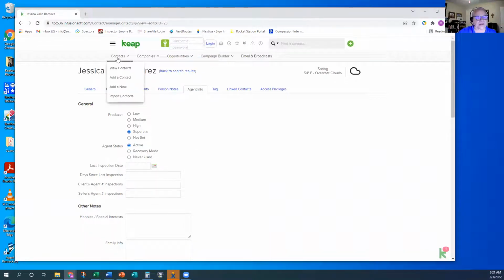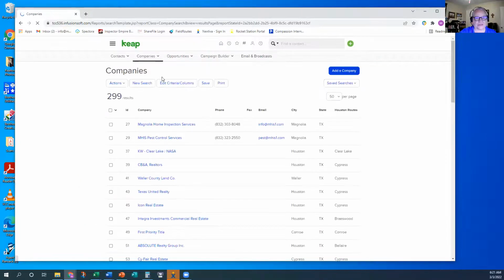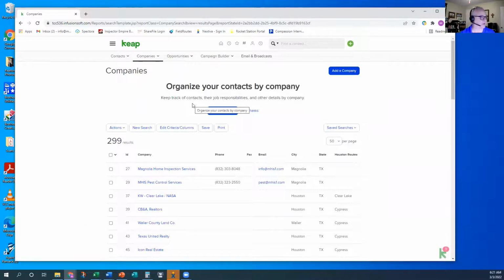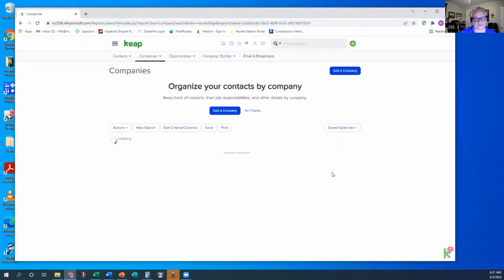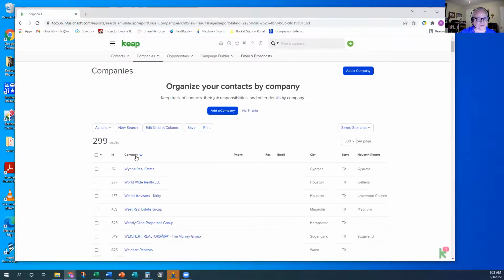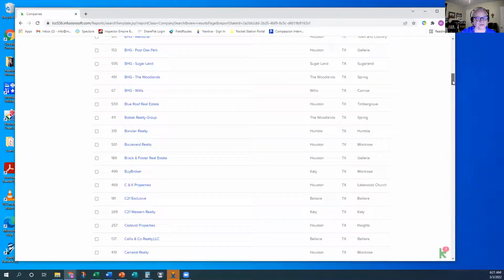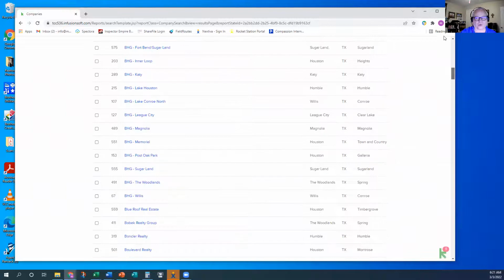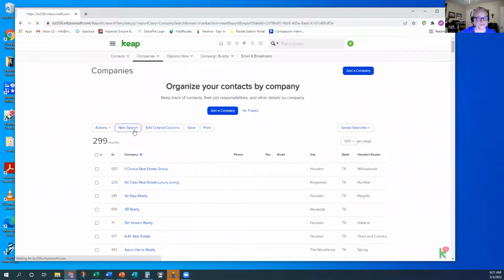So the way you can add a contact is to add a contact here, but I'm going to show you the preferred way, which is actually to go to companies. So we have loaded companies into Keap, and you can either sort the companies this way. You can increase this to 500, and you can sort and scroll down to the company you're looking for,